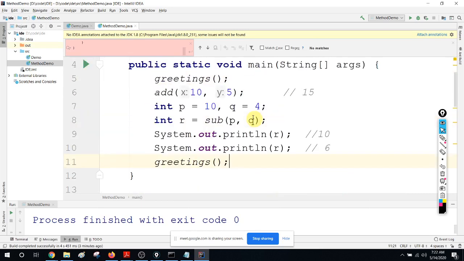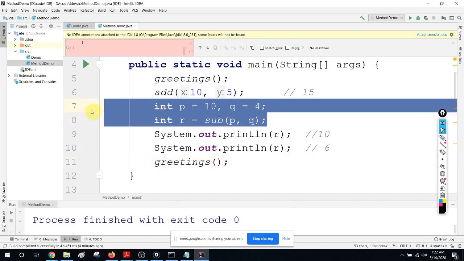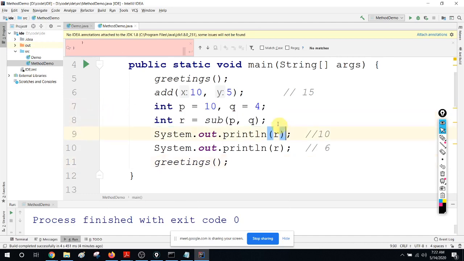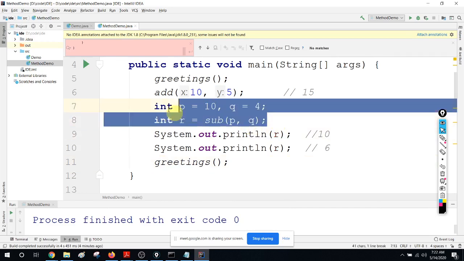Also, if you want to comment these things for temporary reasons, of course you can comment like this, but you can just select and press Control and slash. It's a toggle, so it will comment that entire block.